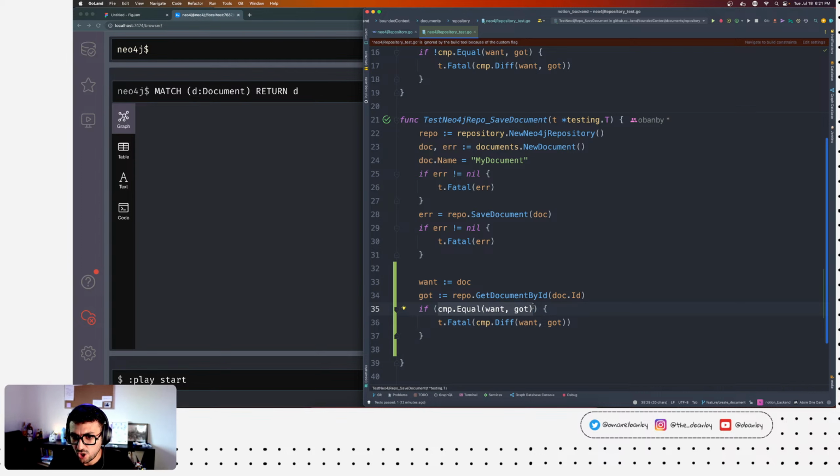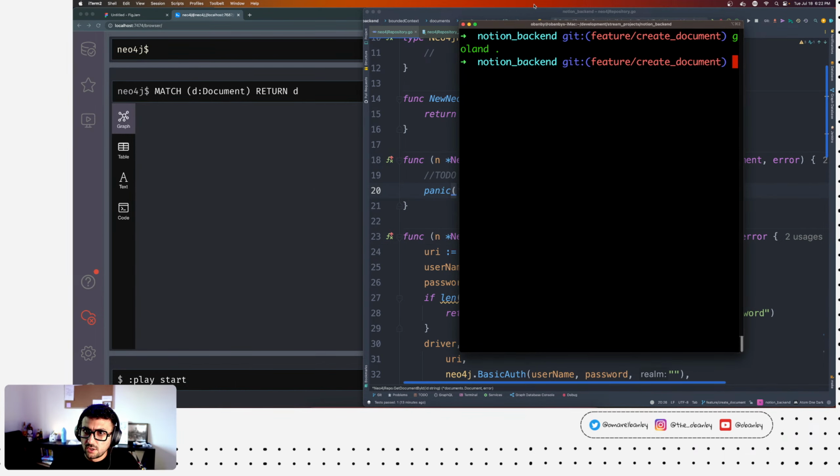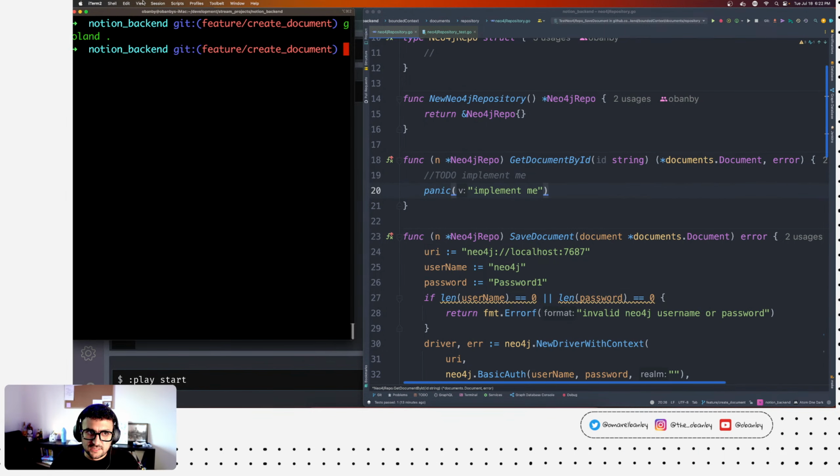But the other option is that you write the Neo4j code that we just wrote for get document into here, asking it to return the content for you, right? I'm gonna opt in for this right here, and this indeed will fail because get document right now only panics, right? But let's see the panic, then I'll return something useless, then we can fix these.